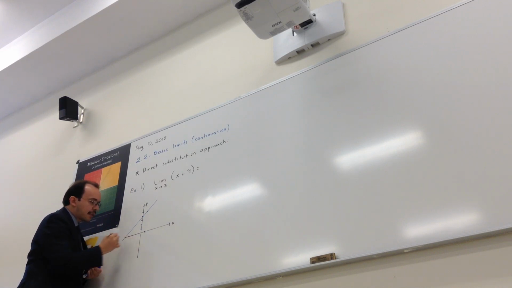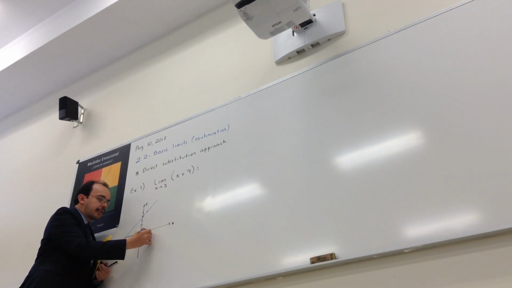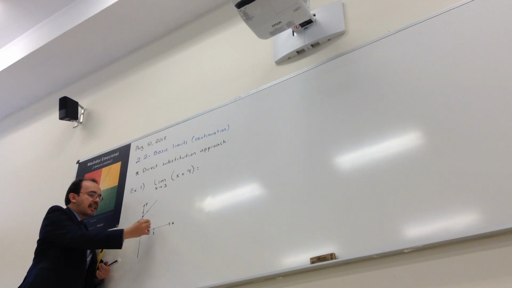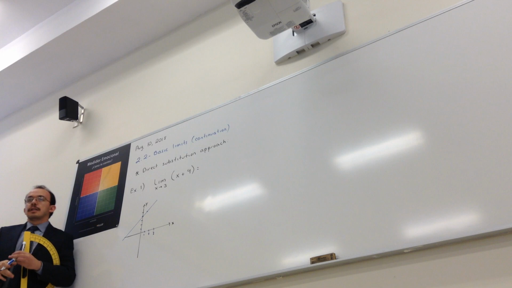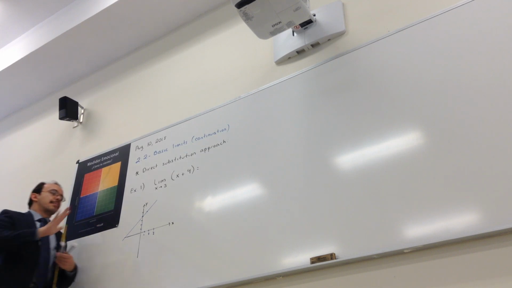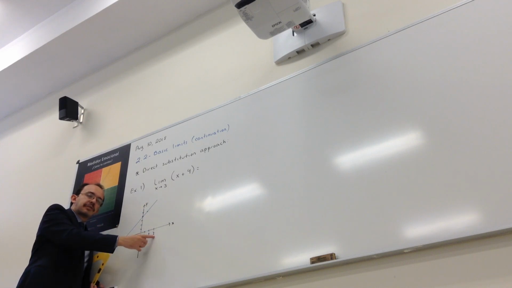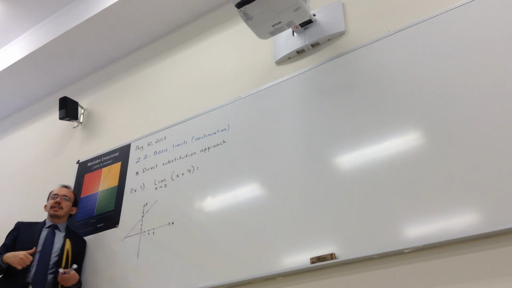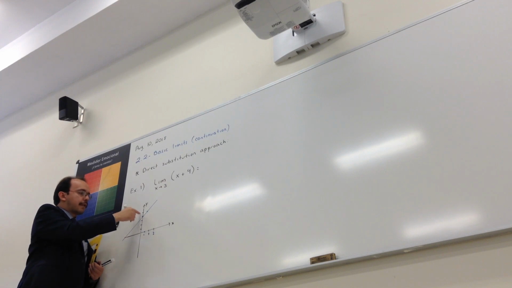Okay, in this case, for example, it says approaching 3. So this is the 1, here is 2, here is 3. So I need to know what happens. How can I find the value of the limit by using the graph? By doing the graph. The x-coordinate 3 is here. What's the corresponding y-coordinate? 7. 1, 2, 3, 4, 5, 6, 7 more or less.